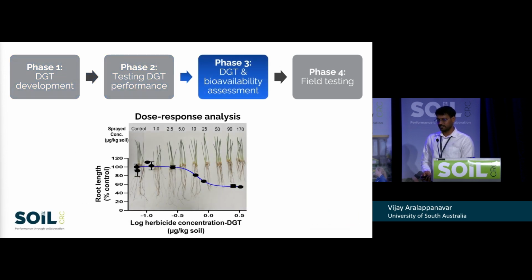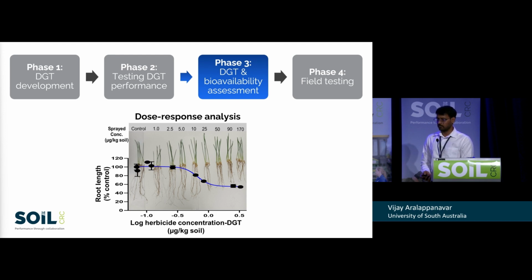As a part of testing whether DGT can measure the bioavailable concentration compared to conventional extraction techniques: DGT is very well known to measure bioavailable concentration irrespective of soil types. So that's the beauty of this technique, which can give the same value irrespective of soil conditions and soil types. So for this experiment, we selected 6 different soil types from the South Australian cropping region, varying in pH